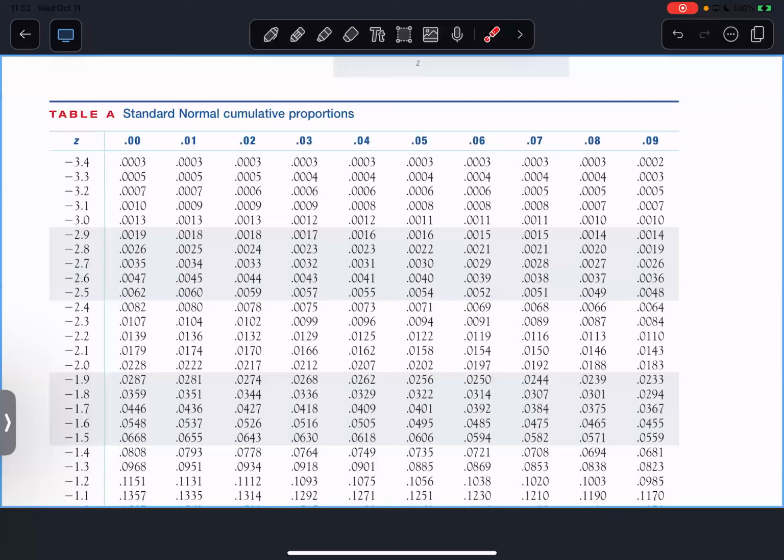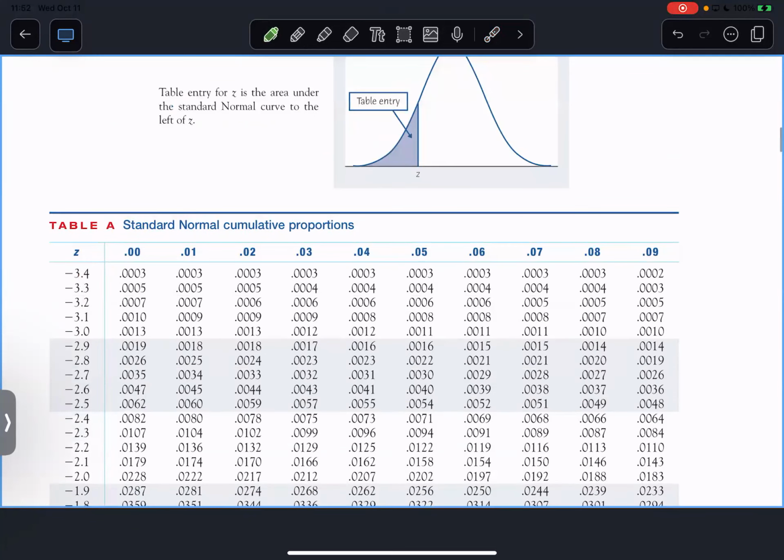You could go further if you want to, but the table would be huge, right? So what we need to do is match up the whole value of Z with the first decimal place and the second decimal place in the table, at the intersection. So let's say, for example,